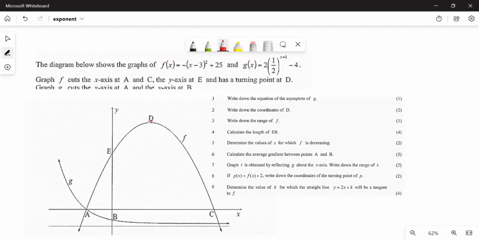We have D, it's on f. Okay? Yes. We have E, which is also on f. We have A, which is both on f and also on G. Okay? Yes. So I can either use G or F. It doesn't matter. And then if you go through the statement, they say the graph has the x-axis at